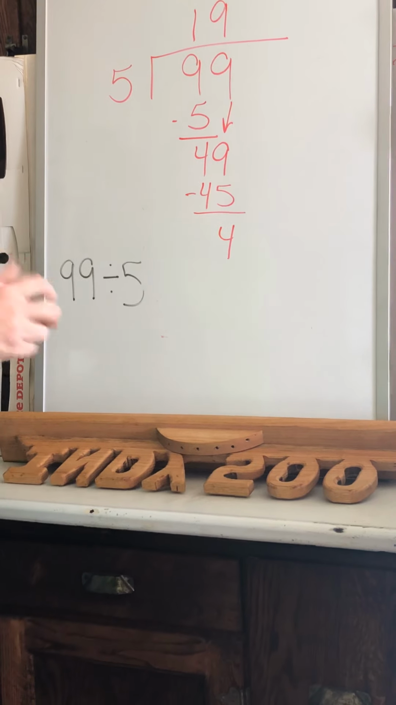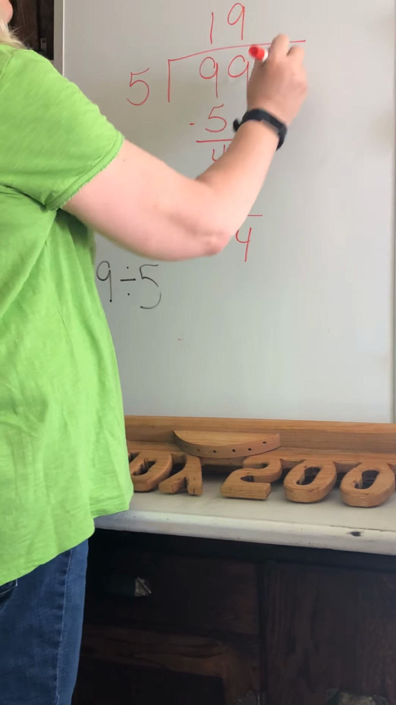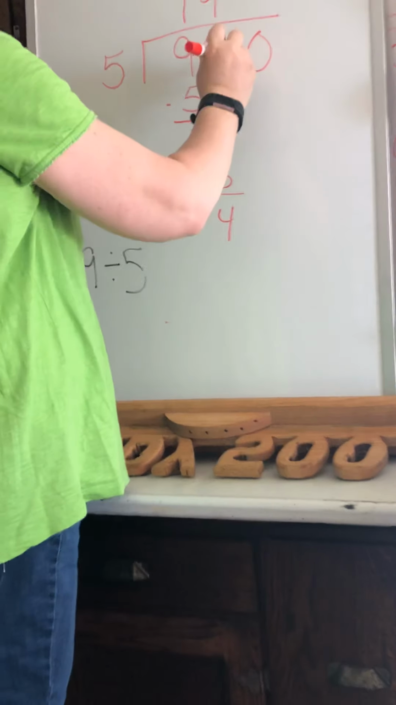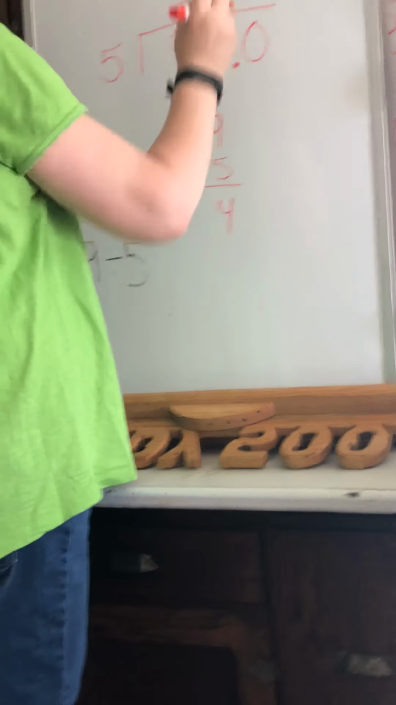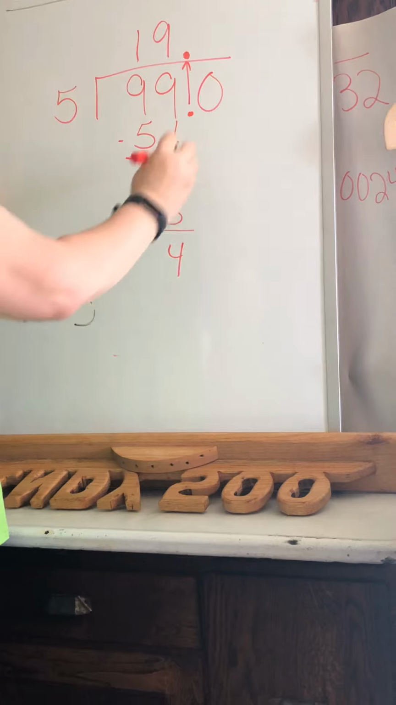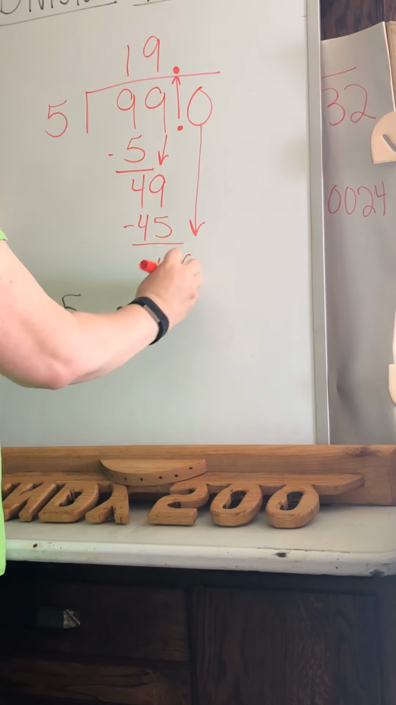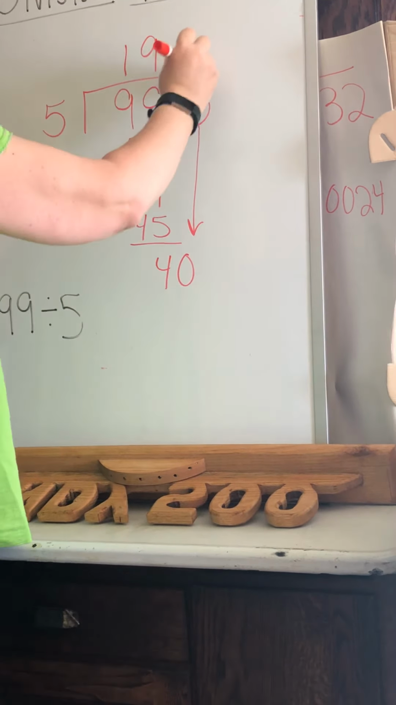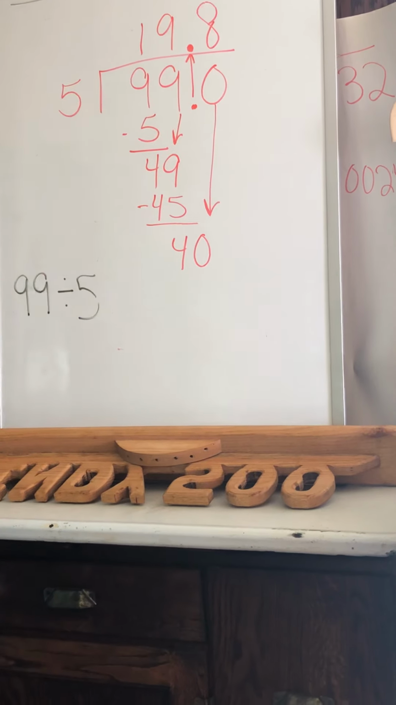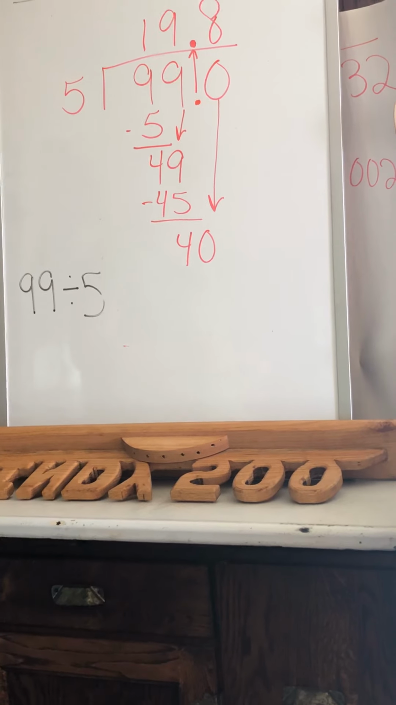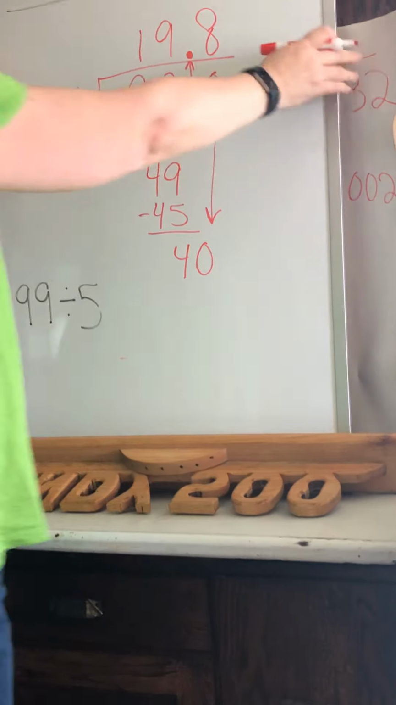Okay, let's go ahead and add that decimal on and a 0. We need to bring that decimal up and place it right there. We can bring the 0 down. And 5 goes into 40 8 times. So our answer is nice and perfect. It's 19.8. Okay, next,